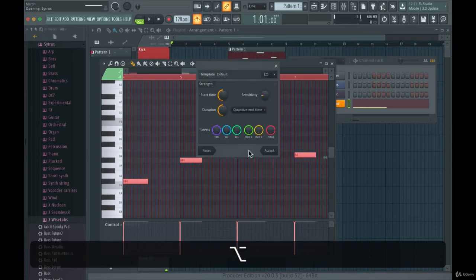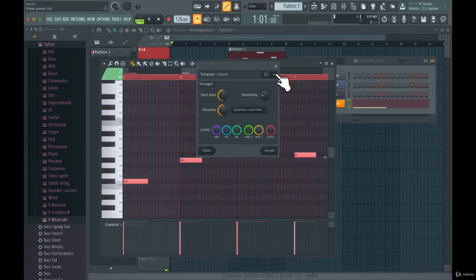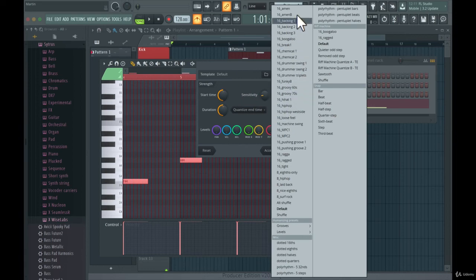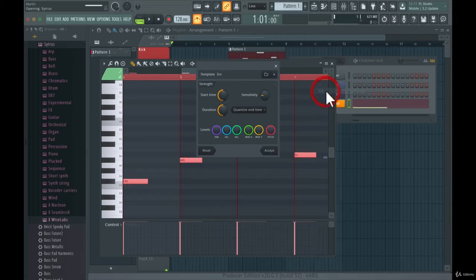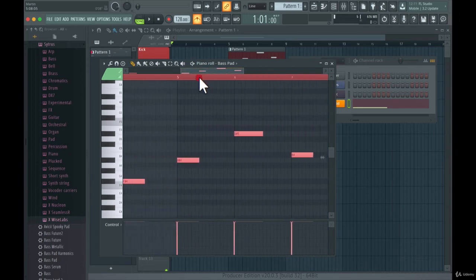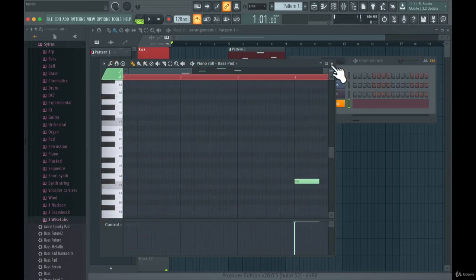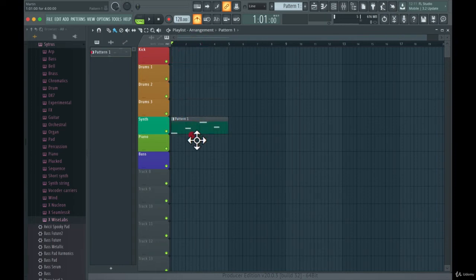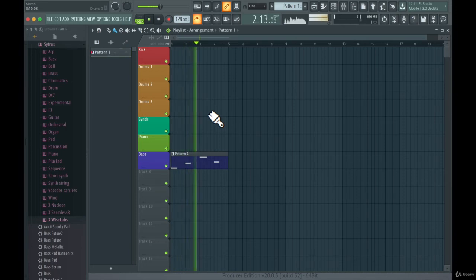We get this window here, and I just want this standard 16th note. So let's snap it to the bar. Then you can snap it like this, or you can go and snap to the beat. So let's do that. Now you can see every note here is on the grid. So I'm going to use it as it is. So now we have our bass sound there. That's it for the bass.